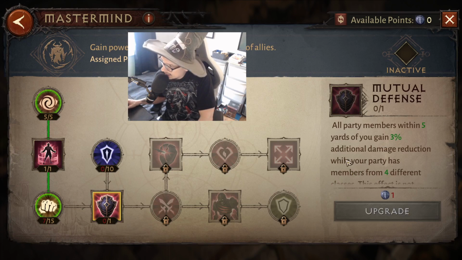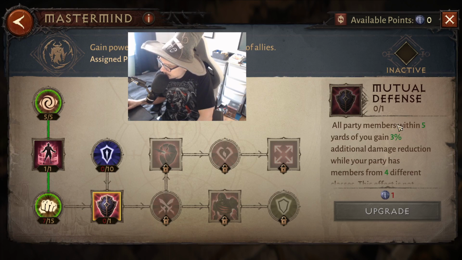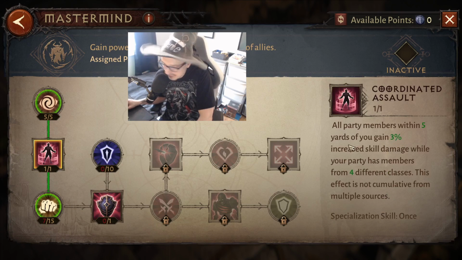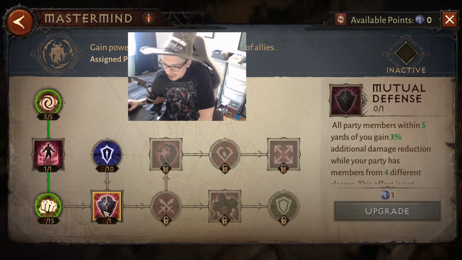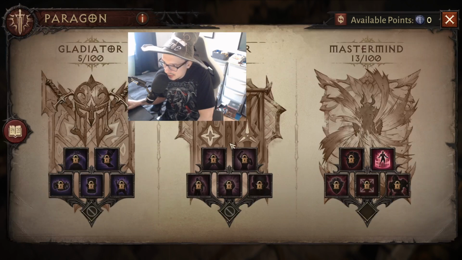So the next thing, mutual defense. All party members within 5 yards of you gain 3% additional damage reduction while your party has members from 4 different classes. So another 3% reduced damage, 3% more damage. So it's not really a huge boost to either defense or DPS, because on the soldier tree we had actually